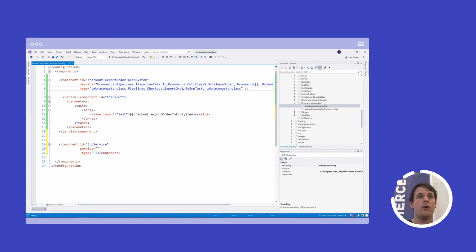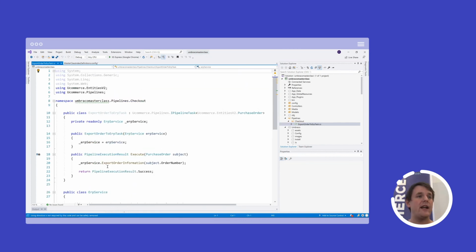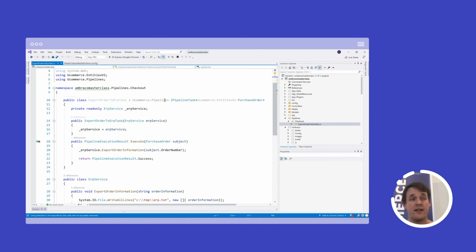So export order to ERP system task is our pipeline task. And it implements this interface, and then in the constructor it has a dependency for this. So the service is the actual dependency that we want to inject and use.